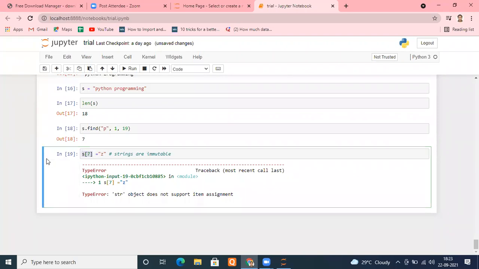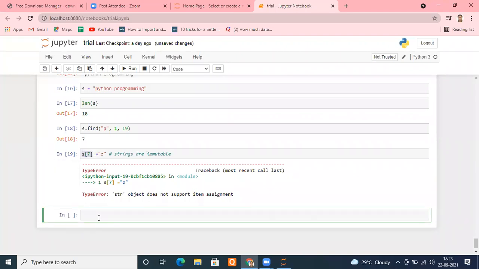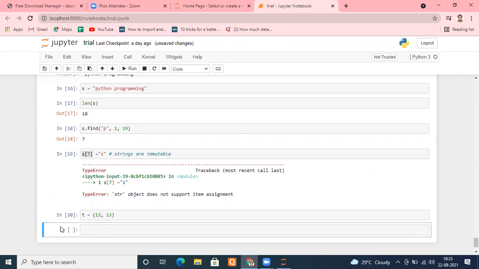Let me show you an example. There is one more immutable type known as tuple. Suppose I created a tuple, which is always created with the help of these brackets, and I put 12 and 13. If I want to access these elements one by one, I can easily do that. How?